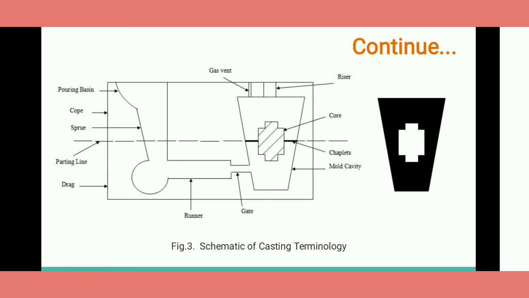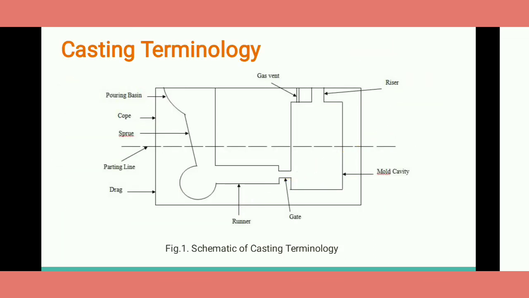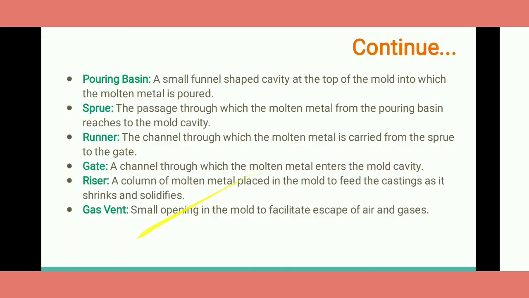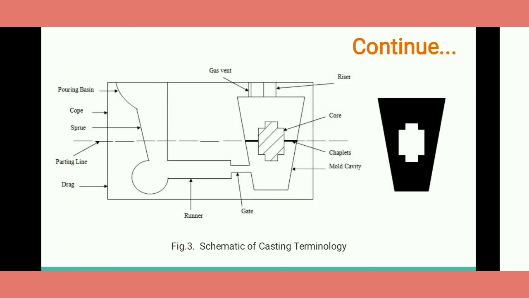This is one more figure that I am using to tell you what these elements basically are. Sometimes what happens is that, whatever we have discussed in the first figure, students think that this mold cavity is also one of these elements. So please keep in mind that this mold cavity is not part of the elements that we are using, okay, because this is as per the shape required. Now here in this figure, this is the final product we wanted. So we are using the mold as per the requirement.